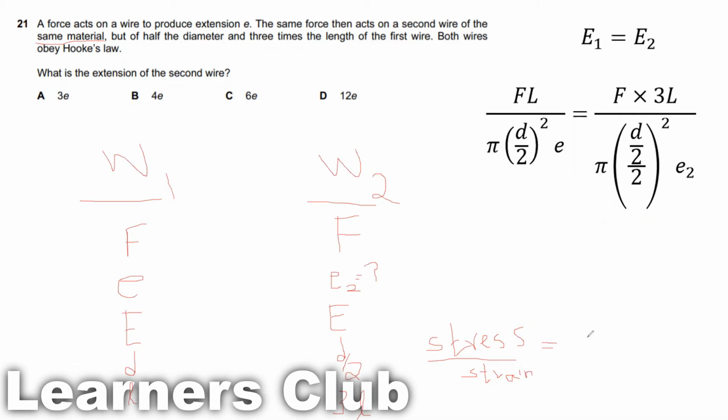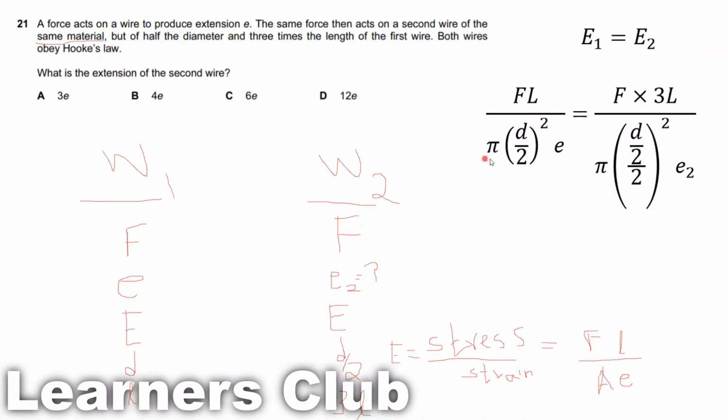Stress is force over area, and strain is extension over length. This is your Young's modulus. So I have taken Young's modulus of wire 1 is equal to Young's modulus of wire 2. For the Young's modulus, using this formula, force is taken as F, length is taken as L, cross-section area is pi